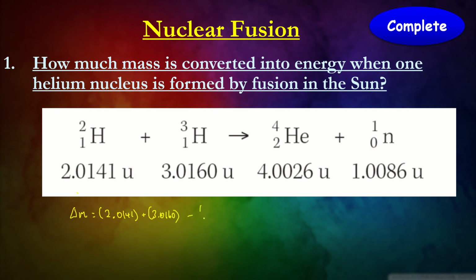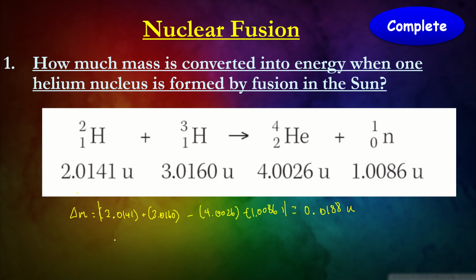That'll be subtracted by the mass of the products on the right hand side. And that's our mass defect there. So the number I get if I plug it into my calculator is a mass defect of 0.0188